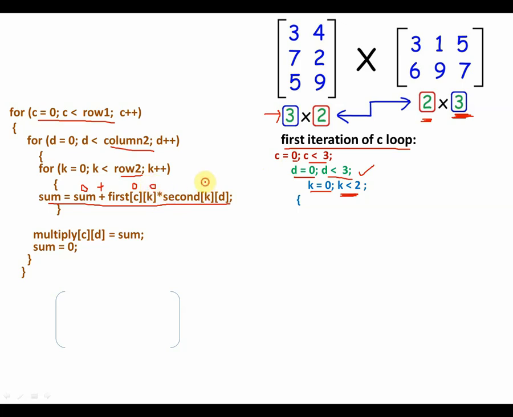And what is K over here? Also 0. What is D? D is also 0 the first time. So what is the element at first of 0, 0? Which means this. In the first matrix, what is the element at the 0, 0 position? 3. And what is the element in the second matrix at the 0, 0 position? 3 again.